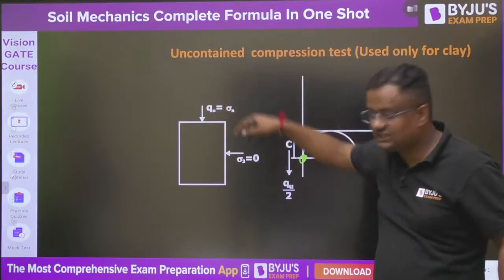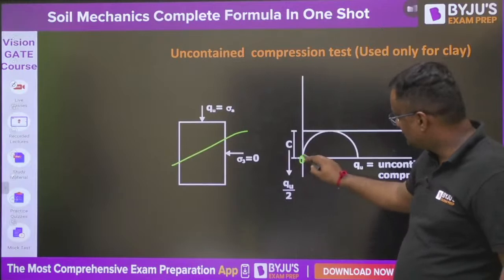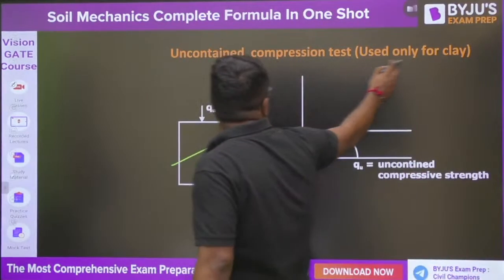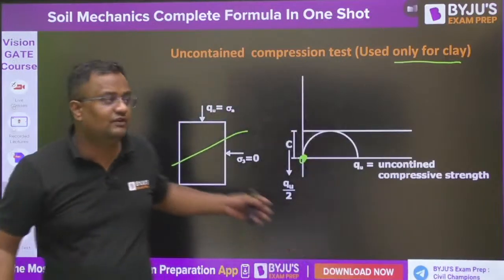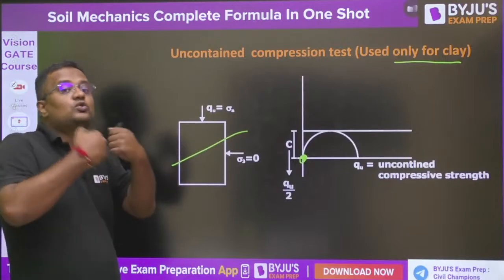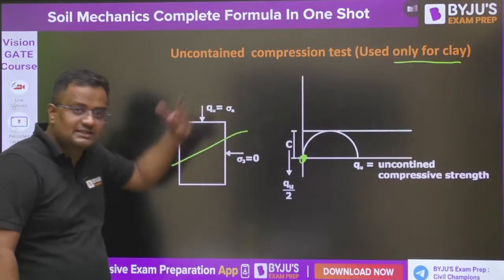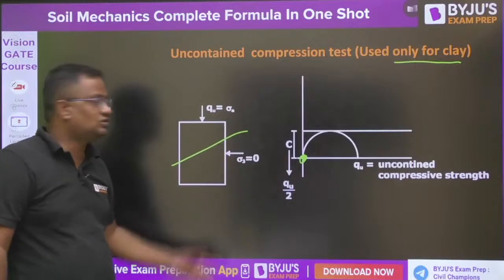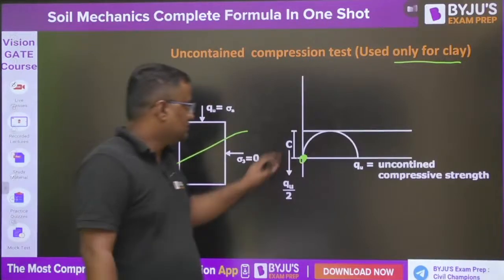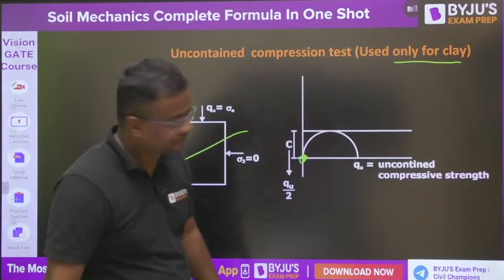At how much compression it is failing, of course the failure will be shear failure. So sigma 3 is 0. And this is done only for clays. Only for clays. Why? Because without confinement, sand cannot be erect like this. Clay, due to cohesion, will be erect like this without confinement, but for sand the case is not possible, because without sigma 3, sand will not be erect. So C will come with the tangent we apply and we will get the C.